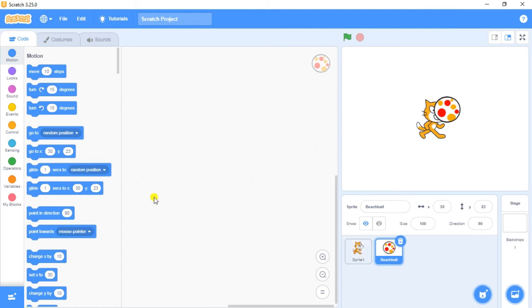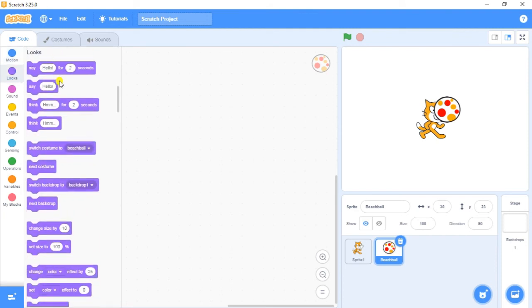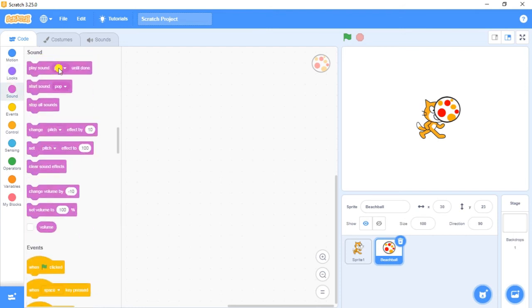Now, my dear students, we are going to discuss the block palette. What is block palette? This is the block palette. Okay. So block palette contains various predefined blocks that are used to perform specific tasks. There are 10 categories of color-coded block drawers and 6 block shapes. Blocks are categorized based on their functionalities, and blocks within each category share the same color. Means in motion, the color of the blocks is the same. In looks, the color of all blocks is the same. Sound, all colors are the same. Same in events, control, sensing, operators, variables and my blocks.